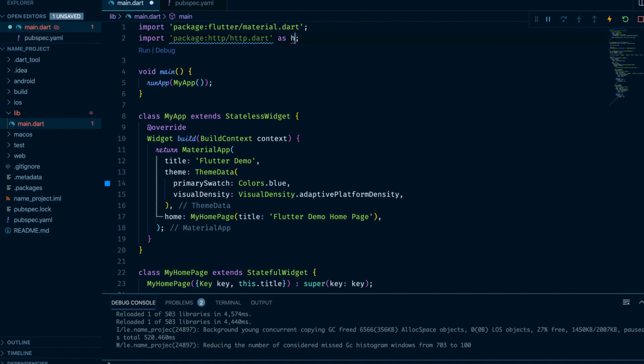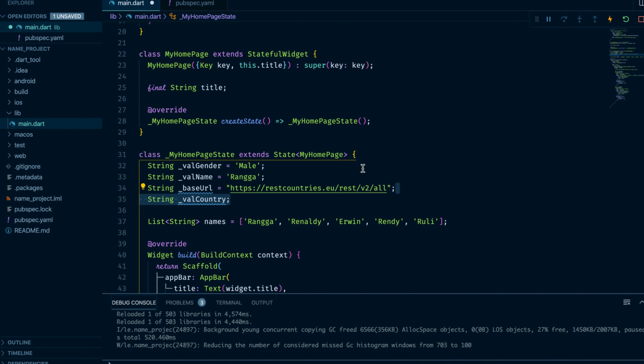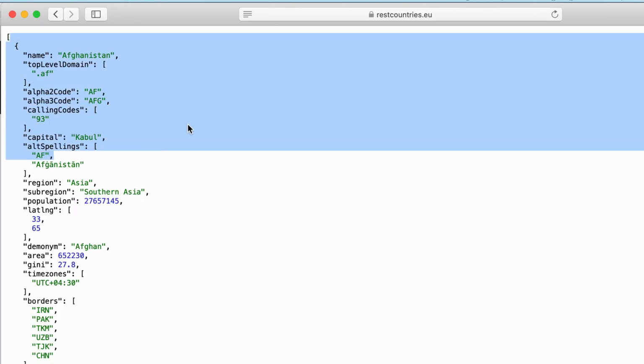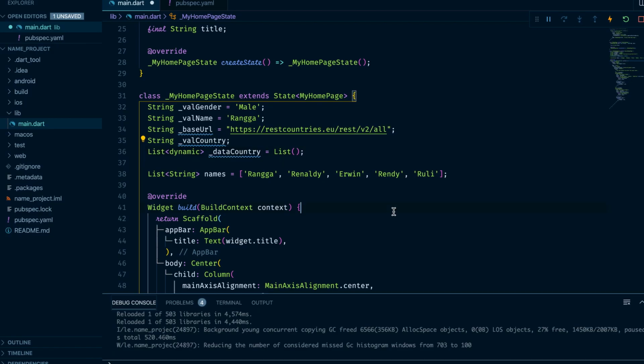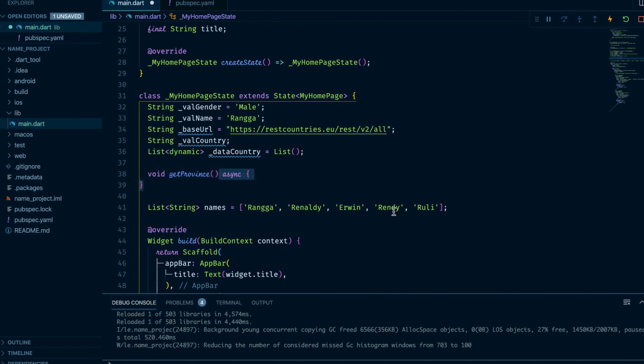After defining HTTP, I set the base URL like before. This is the URL. And I set the country file to get data when selecting the dropdown. And I define data country to get data from the REST API. I create a method getProvince and async.